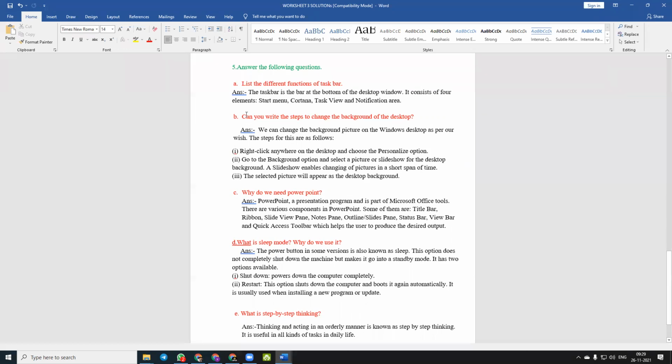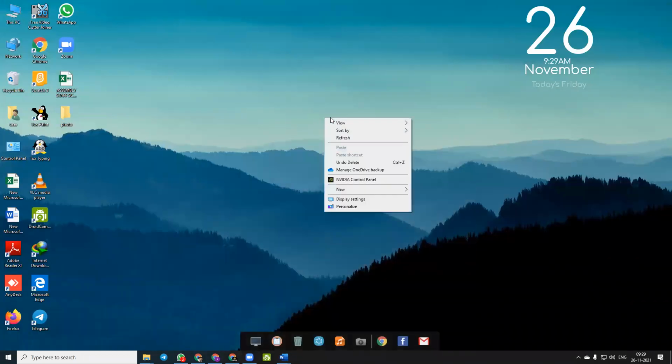Question number B, can you write the steps to change the background of the desktop? We can change the background picture on the Windows desktop as per our wish. The steps for these are as follows. First step is right click anywhere on the desktop and choose personalization option. Like this.